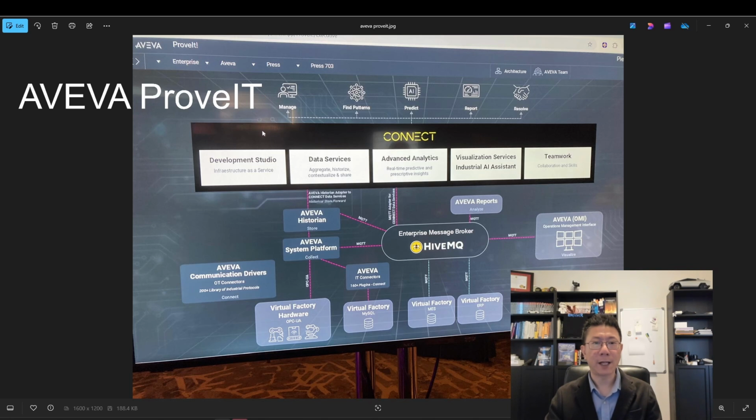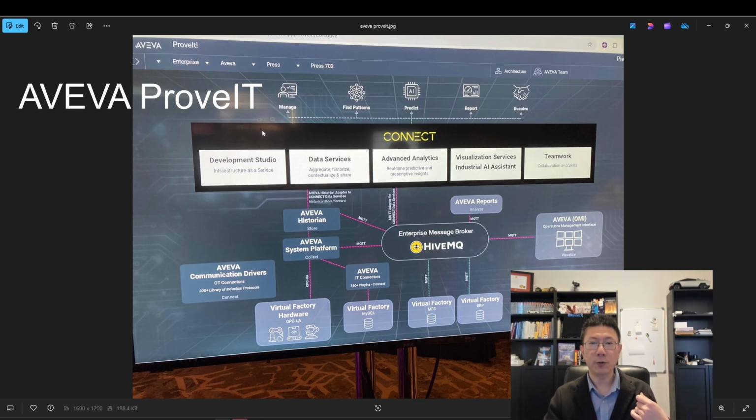And talking about the cloud side, it can create dashboards and reports, right? Push the data to different cloud providers like Azure, AWS, Google Cloud, or to AI that can find patterns, right?